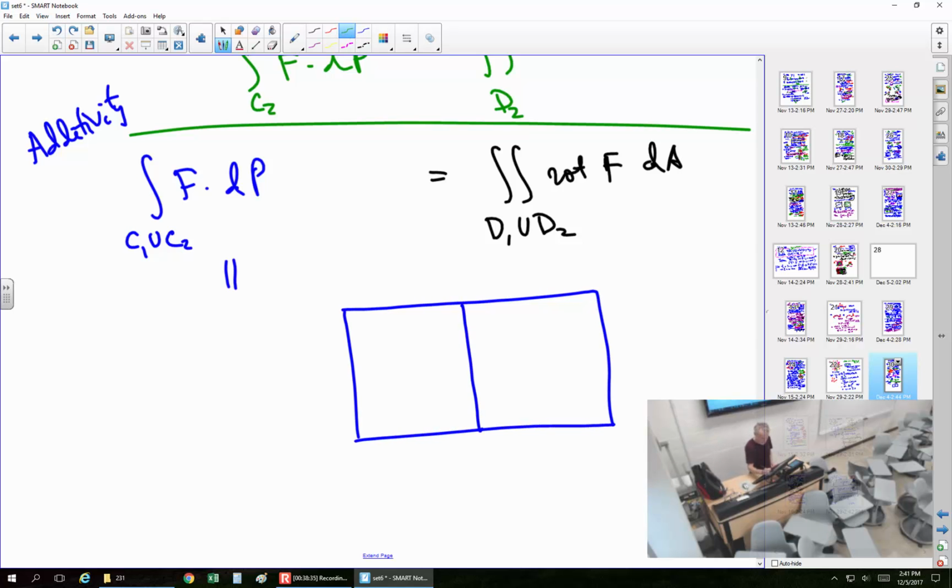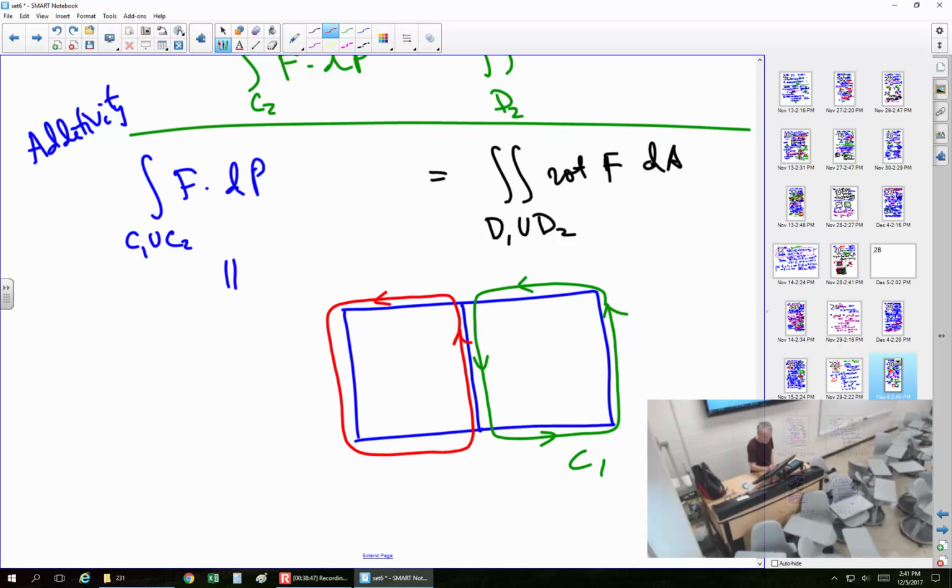Okay, C1 is this, and now this is also counterclockwise, C2. Okay? You see what's happening? Yeah, the middle part is then negated. The middle part will be cancelled. Okay? So then the integral becomes